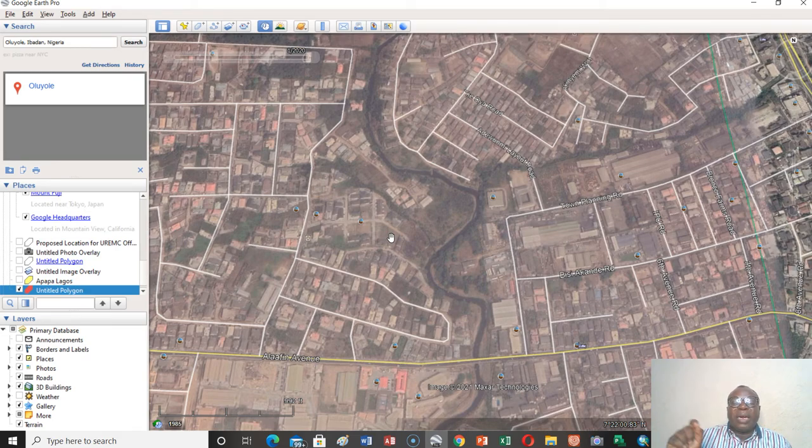What are the socioeconomic characteristics of the occupants? What kind of land use is taking place there? Is it commercial? Is it residential? These are necessary, and they will help us in making right decisions about the future. In the next lecture, because I want to keep this video short, I will take us briefly through how you can